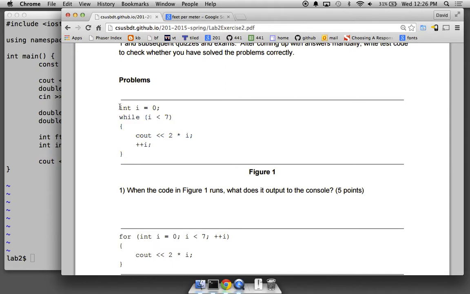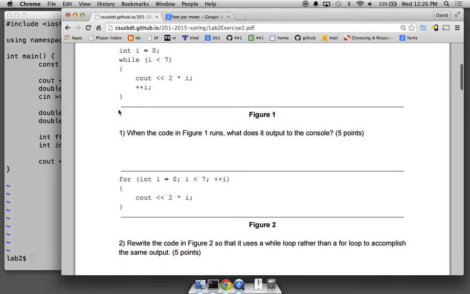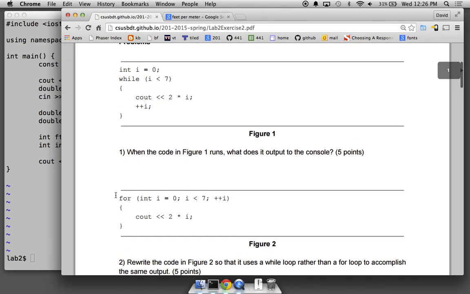There's 2 statements here. This is the first statement, and this is the second statement. The second statement happens to have 2 substatements, but you should see it as 2 statements. Here's another loop. This is called a for loop, and these are the only 2 types of loops that we're going to look at. There's also a do while loop that we're going to skip over. We're not going to do that one. The while loop is sort of a primitive, basic loop. That's your standard beginning loop. And then the for loop is sort of